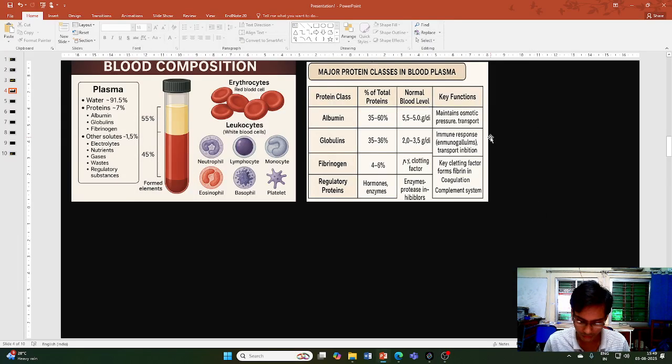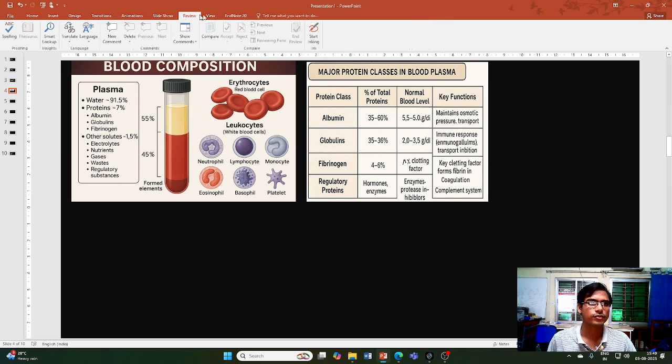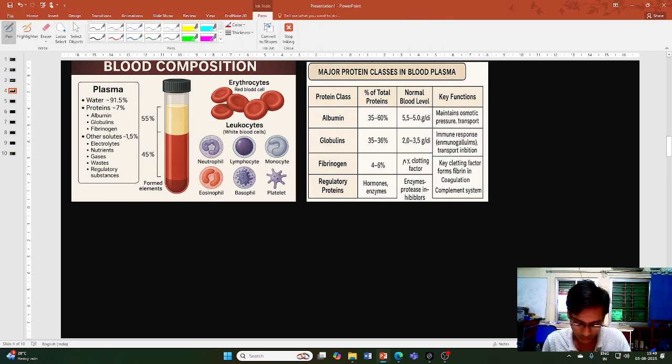So welcome to the next class. In this class we will discuss the composition of blood. You can see in the figure there is blood. The previous day we discussed that plasma and blood cells are there in the blood. So today first we will discuss the plasma section, the composition of the plasma. You can see in the figure there is a plasma,